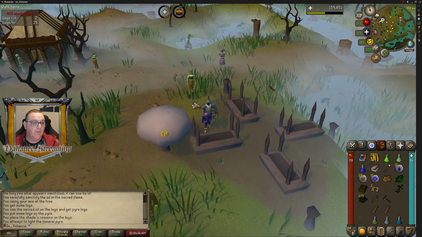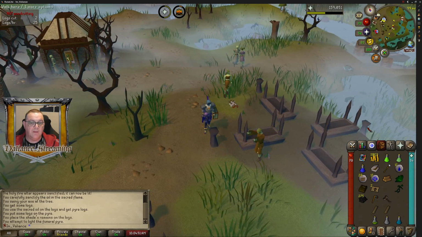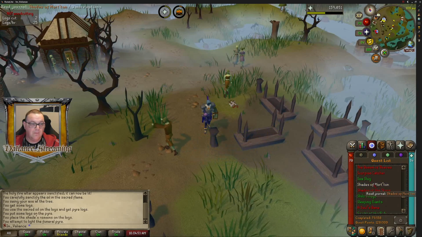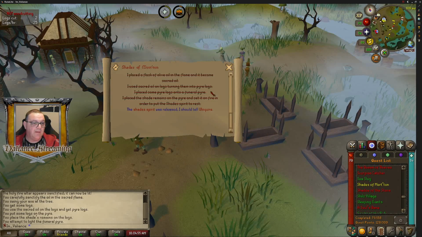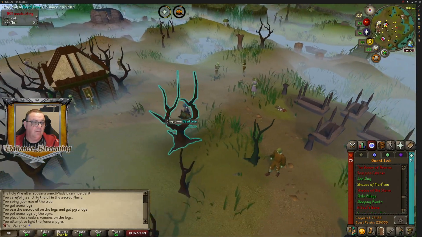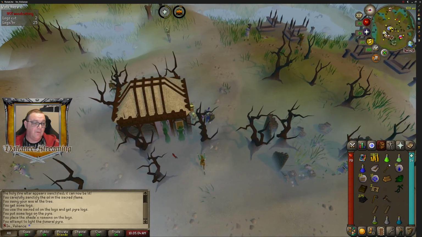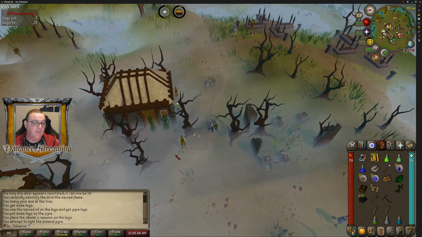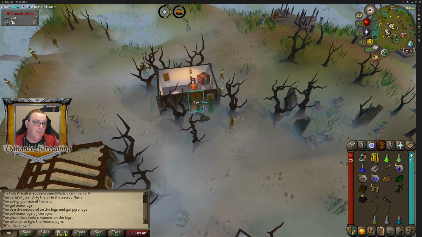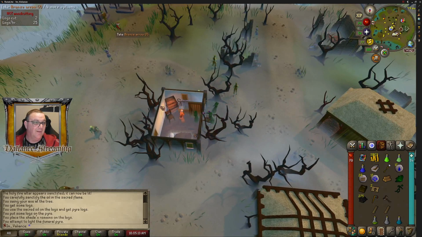Okay. Coins. Did we do it? Wait. The Shade Spirit was released. I should tell all Squire. Oh my God. Guys, there's a lot of, in my opinion, there's a lot of kind of me guessing. I'm really not this clever. Okay,